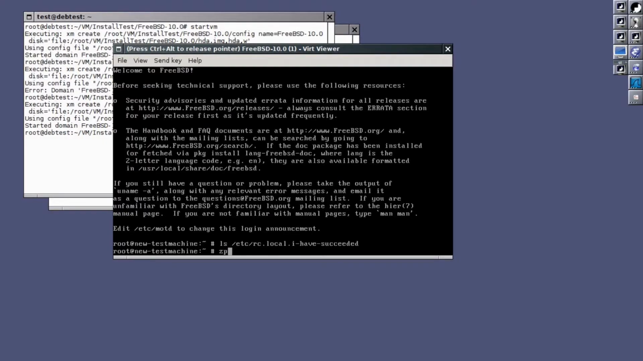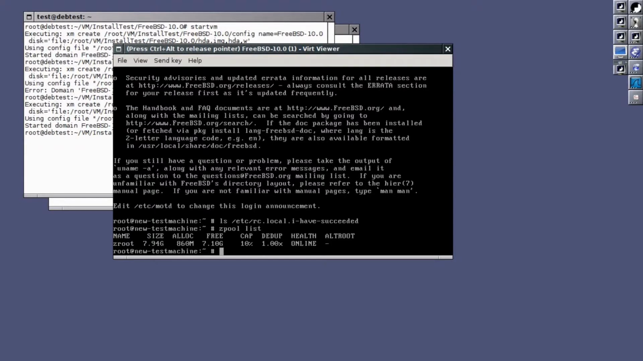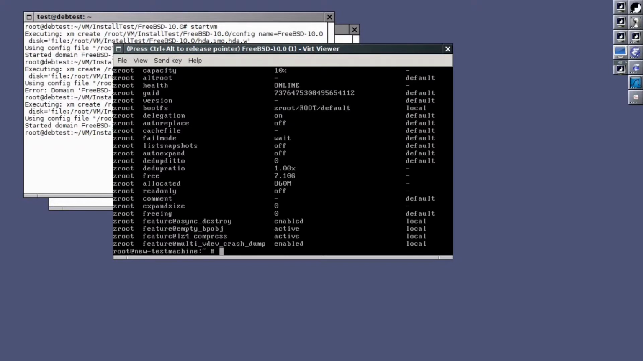First thing, what do we have? We have one pool called zroot, and there are two important properties it has. First, you see expand size, which says 0, so ZFS hasn't yet discovered that there's some space that's not yet used by ZFS in the partition. And there's something called auto expand, and that's set to off. What we can do is set this to on,